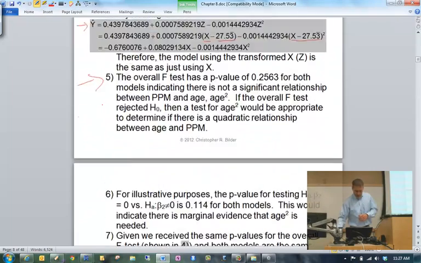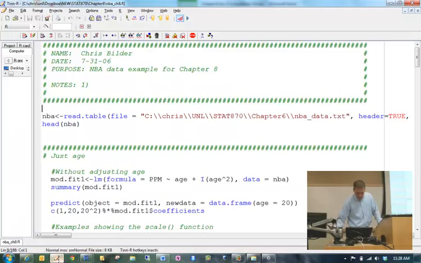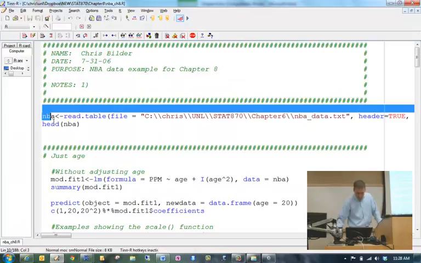So in fact, we can come back to the plot and look at it. Let's see. Make sure that that is right. Hold on a second. I want to check something.